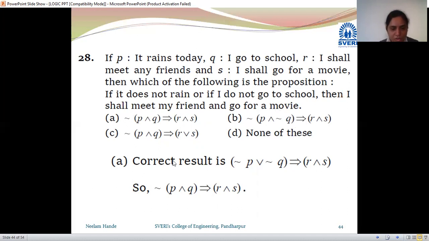You can just check. This is the correct one. Can we see this in your option? No, not this statement. So we have one more formula for this. Negation of P or negation Q is same as negation of P and Q, right? So we can write this for this. This is as it is. Is there any such option? Yes, there is option A. So your correct answer is A.